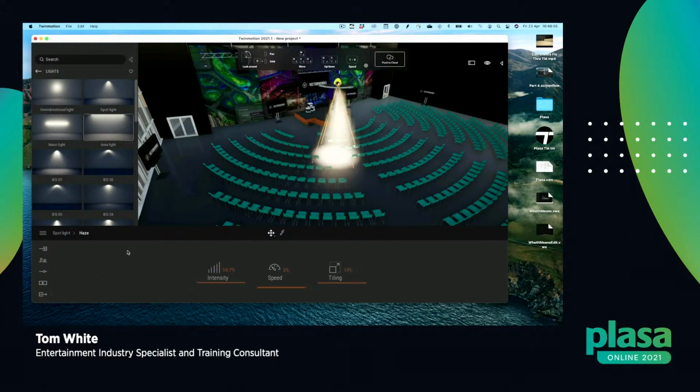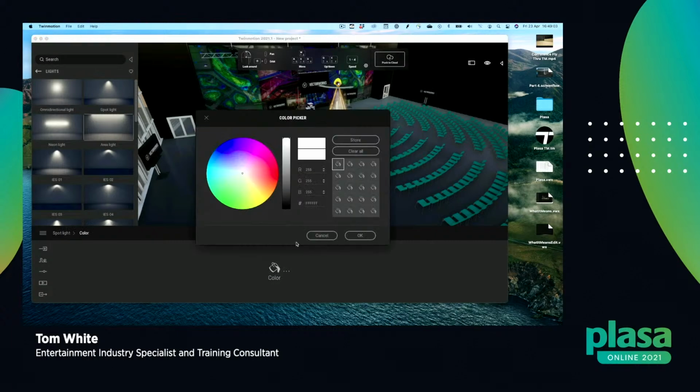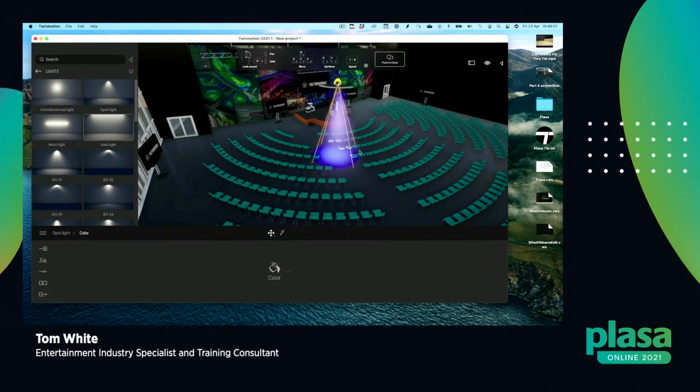And if I just go back to the rest of the lighting options, we can then choose a colour. So if I select choose a colour, there we go. Now this may seem slightly labour intensive. Once you've chosen a colour, you can also focus them as well. If you click on here, you've got move or rotate. So I can now say, well, let's point you that way, for example. And then if I were to make a copy of